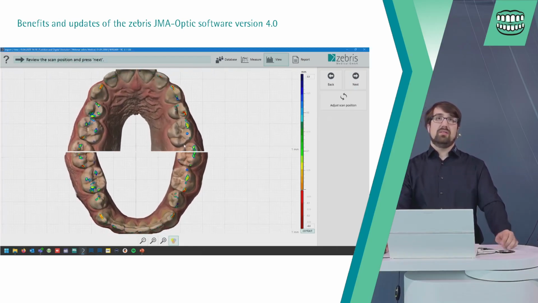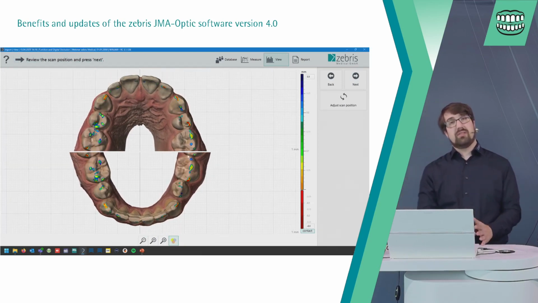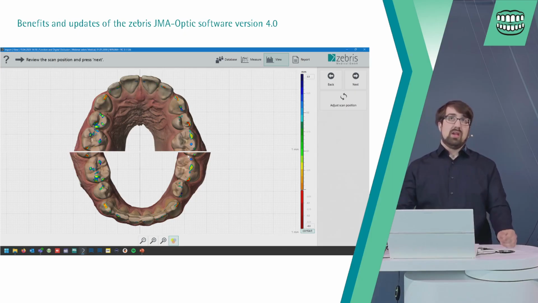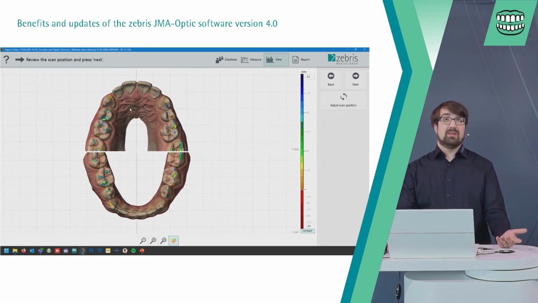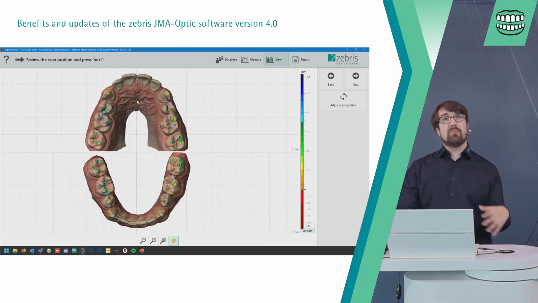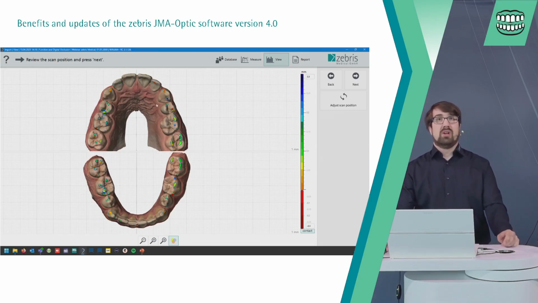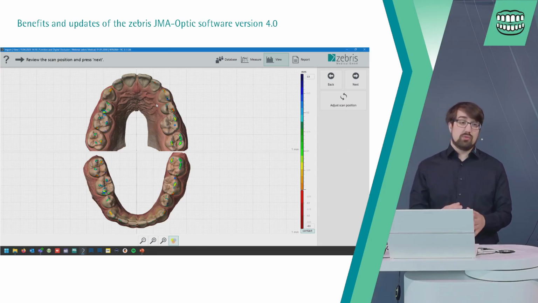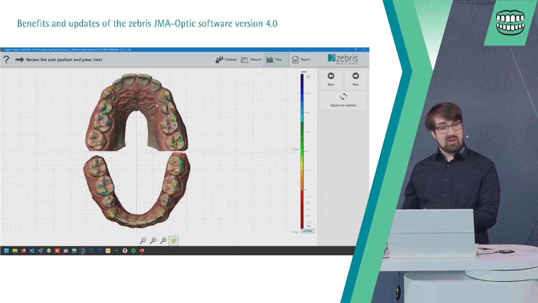So this is the occlusion we just get from our I/O scanner. We see we have intersections here. It's not perfect, not so bad, but not perfect. And this could be far worse. And then you have to decide during the measurement, can I work with these scans or do I have to stop the measurement, make a new I/O scan, and the treatment will get really long.